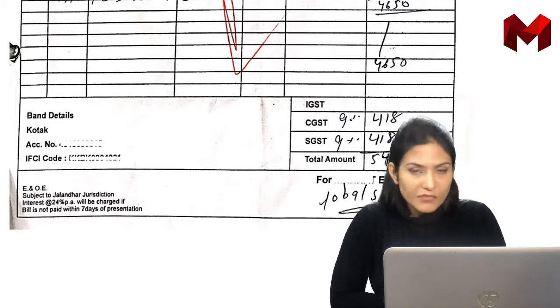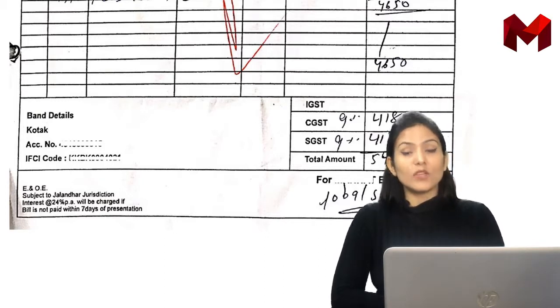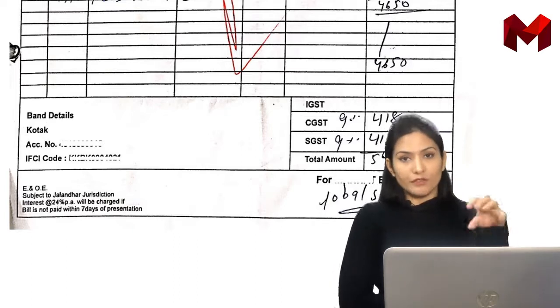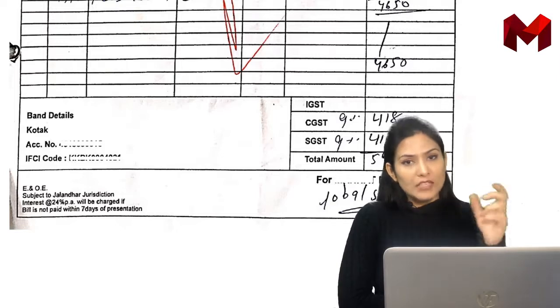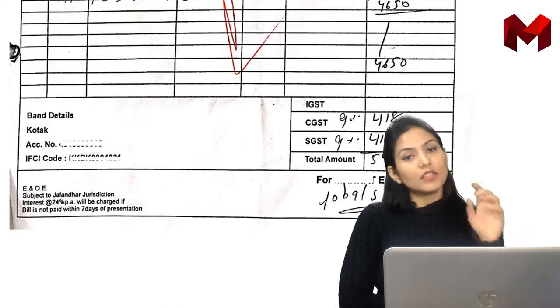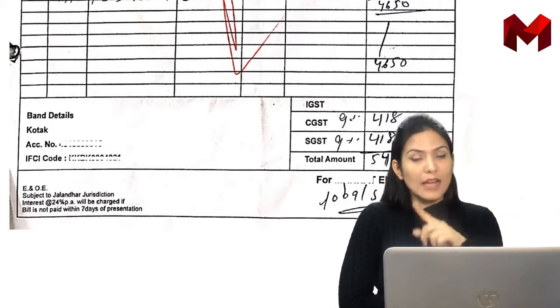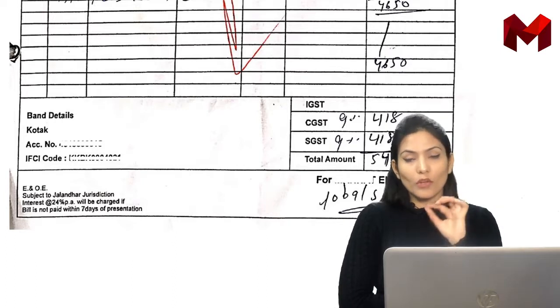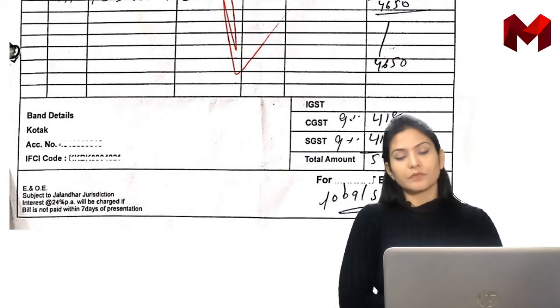Taxable value is 4650, on which the tax is going to be applied. CGST and SGST, the total amount 5486 is the invoice value. The payment which we need to make for this bill is 5486 to that person. We have paid 4650 for his services, and the balance 836 is paid for the GST portion, which we are going to claim against the liability which is going to arise at the month end. So this was the bill.